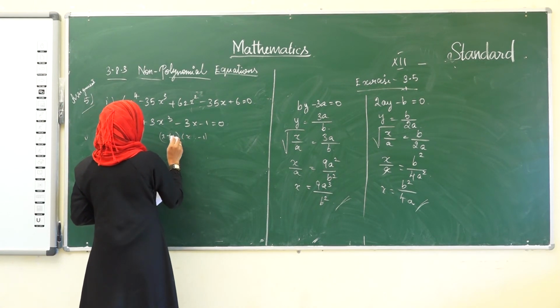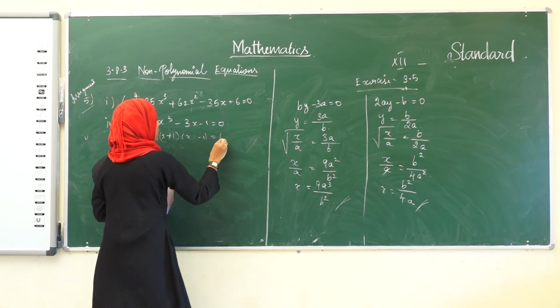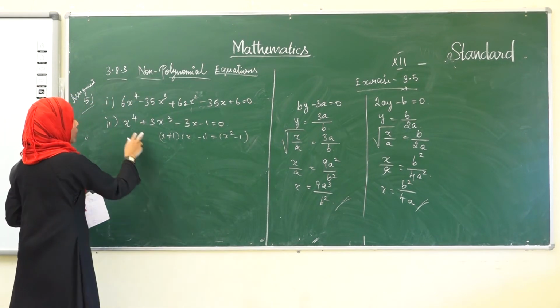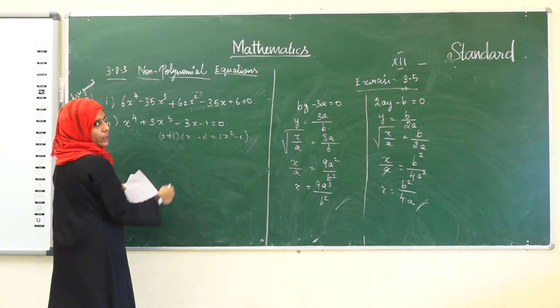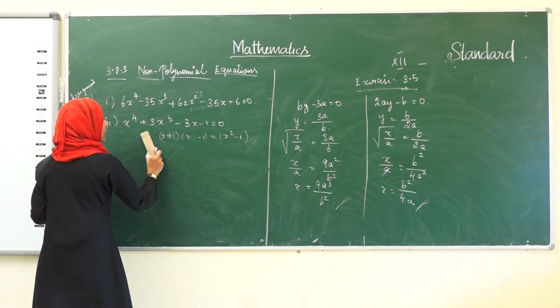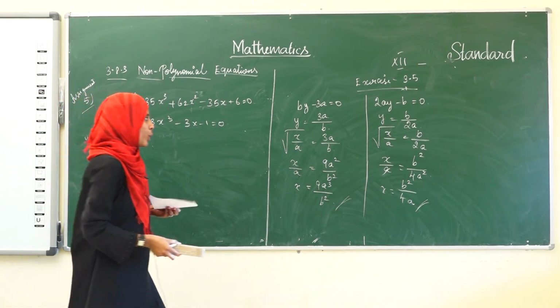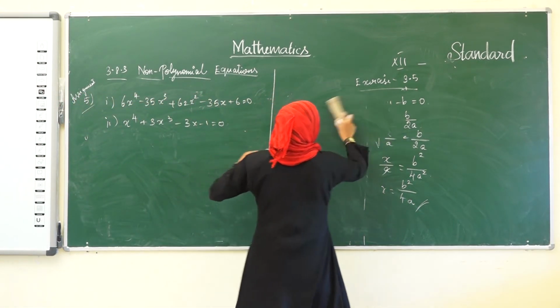Therefore, the factor will be x plus 1 into x minus 1, which is equal to x squared minus 1. Okay, we have found two roots. We are going to find the other two roots. For that, we are going to divide this by this one, using the long division method. Then we will get the other two roots. See, these two subdivisions are the assignment for you. You can do it easily. I have given you some hints.